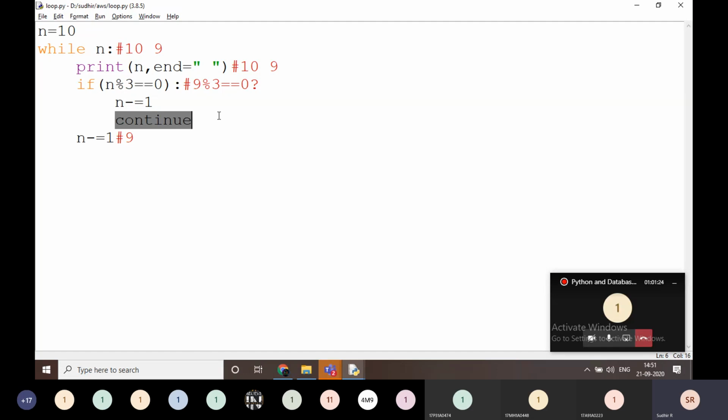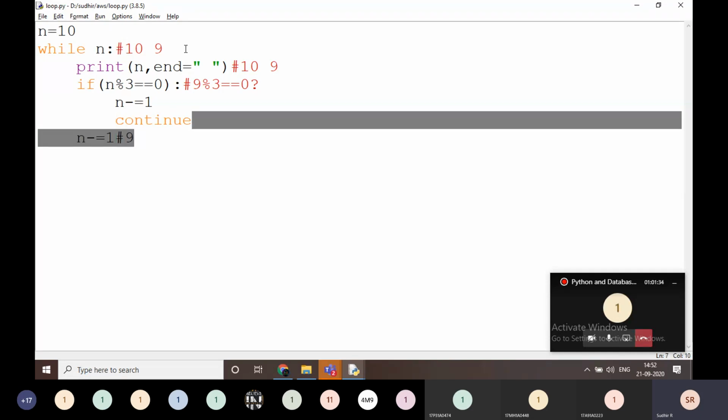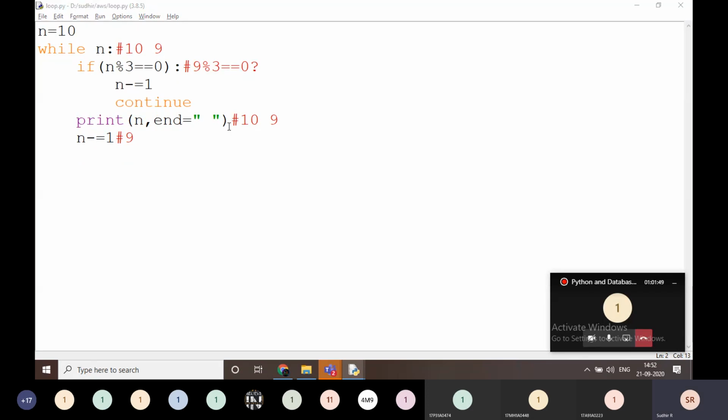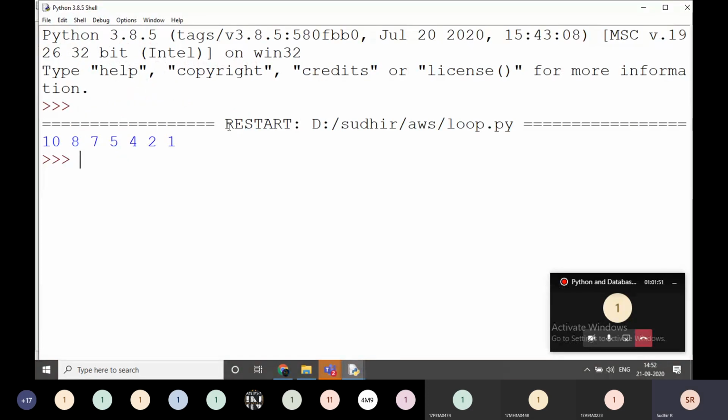It is going back to the main function again. It never executes the remaining lines. For example, if I am going to execute it, just wait. I'm going to write like this. If I am going to execute it, just look here.